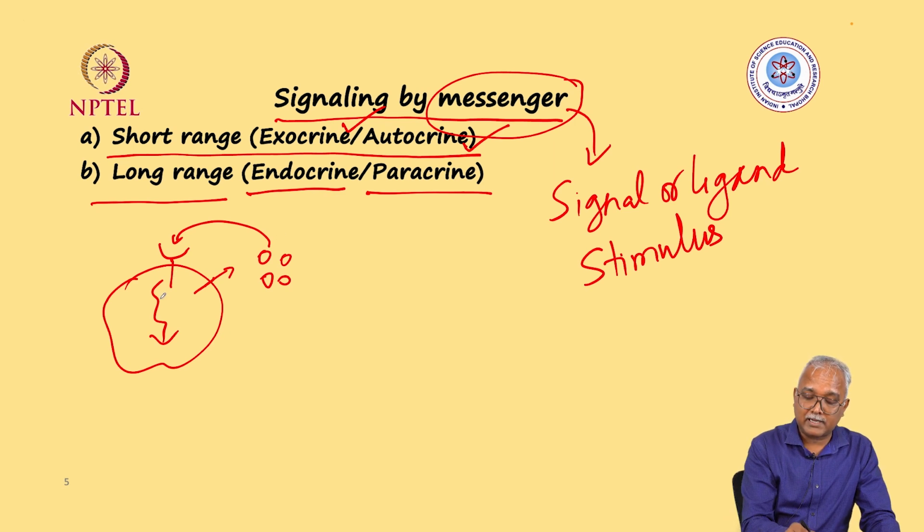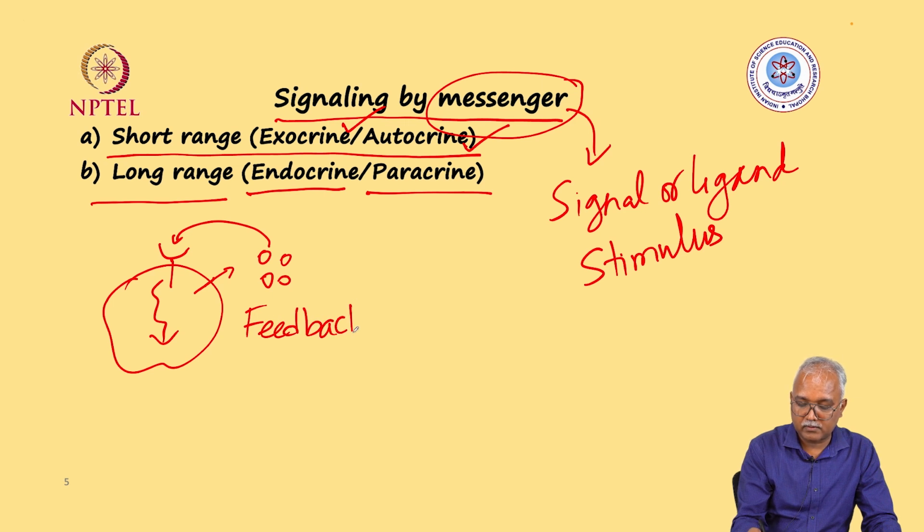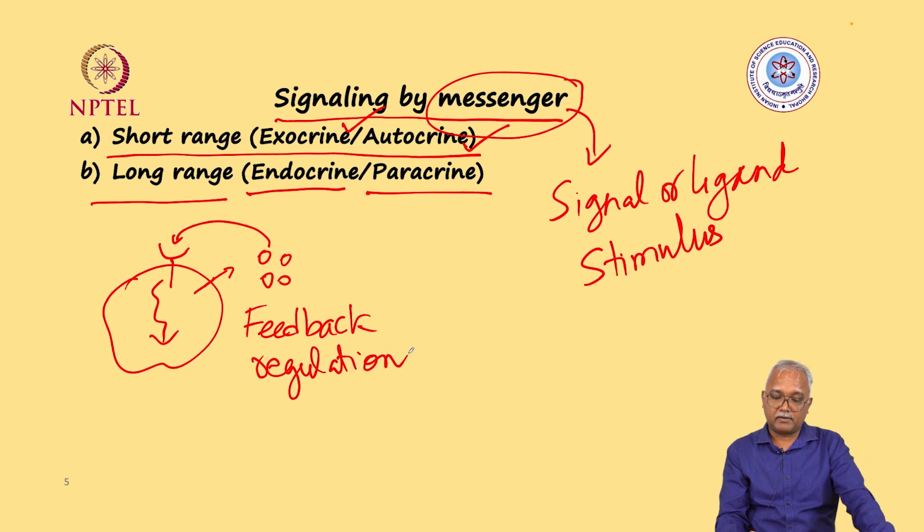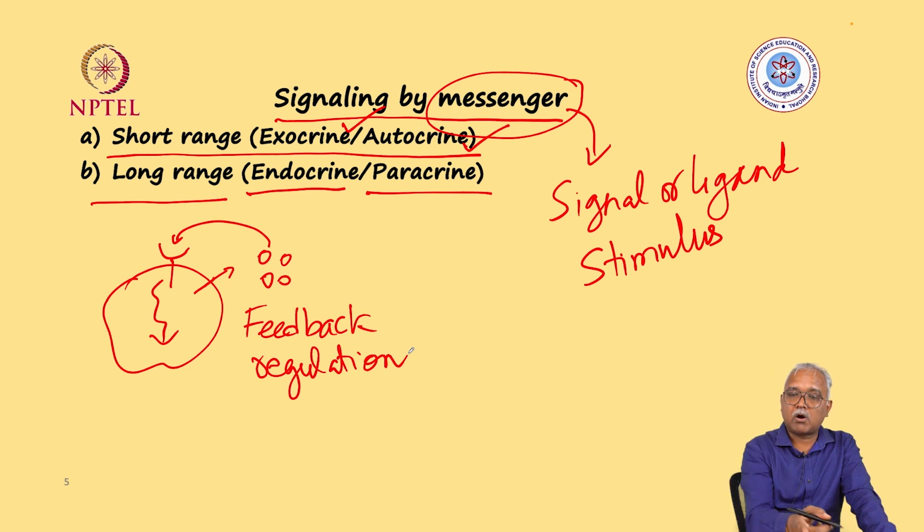Also in this context of autocrine signaling or short range signaling, you have this feedback regulation. What I do not mean is that other signaling does not have feedback regulation. Here you can clearly see that, right? So this is short range signaling, where the signal produced by a cell is consumed in the proximity only. It could be working on the self, or it could be working on a different cell which is very close by.